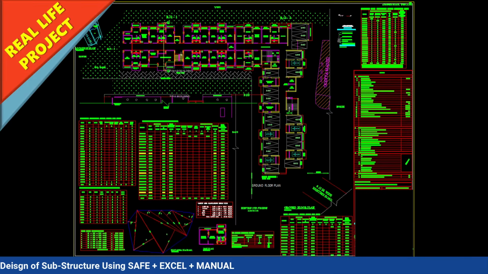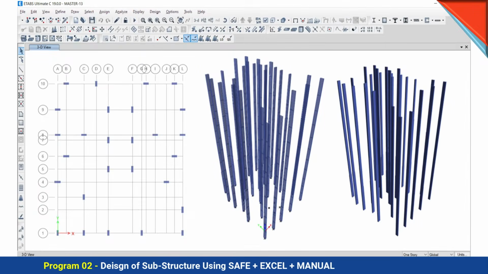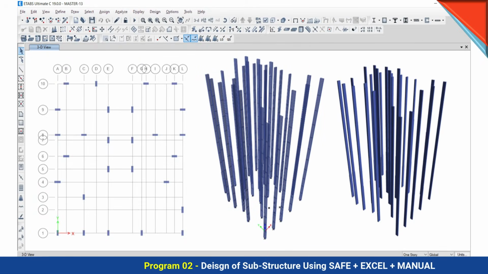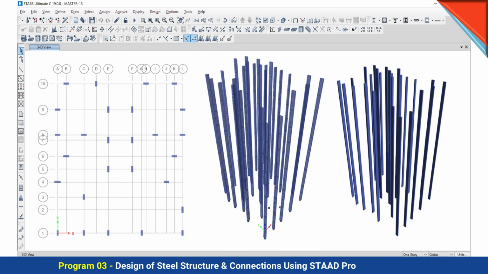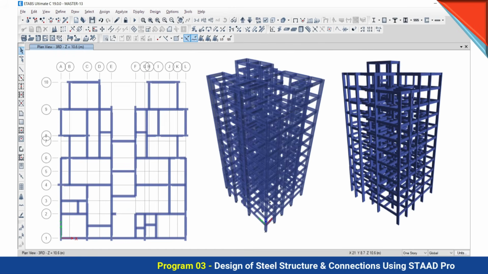And after this we have to create our model. In our beginner level we have learned some part of the modeling. In the intermediate level, in a smart way, we are going to do the modeling for the beam, for the column, for the slab, for the shear wall, for the curved beam, for the inclined column, for the inclined slabs, for the different edges of the slabs. And with all of that we are going to complete the modeling part.